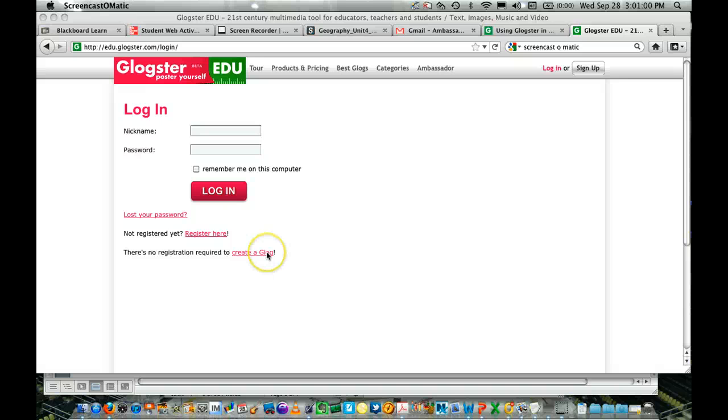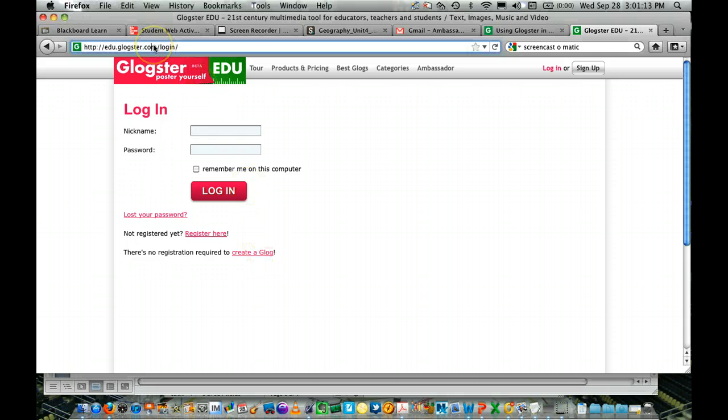Hi students, here is some basic information that you may need as you are going about creating a Glog. To start out, your teacher, or in this case me, has supplied you with a username and password. The first site that you will go to in order to start editing your Glog or your online poster,